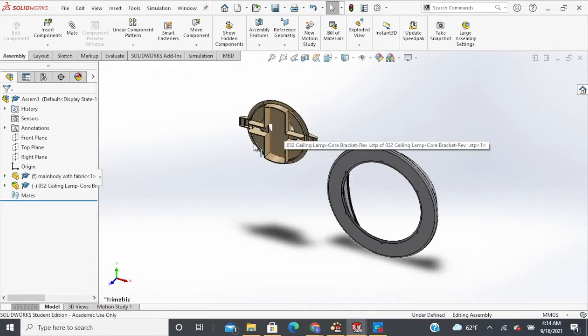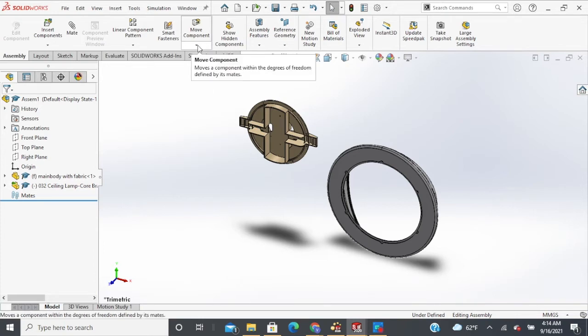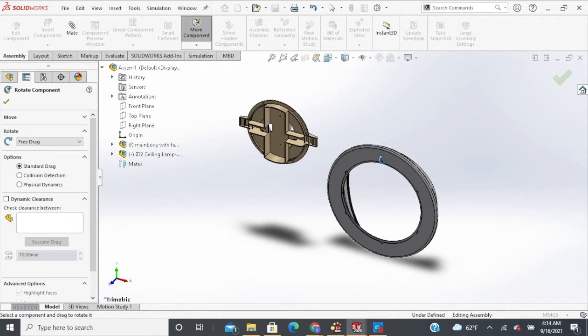Alright, it finished loading, this is the ceiling lab for the model. In order to move the model to where you want it, there's a tool right here, move component. You click on the down arrow, there's the move and rotate component. So I click on rotate, and I click on this, and